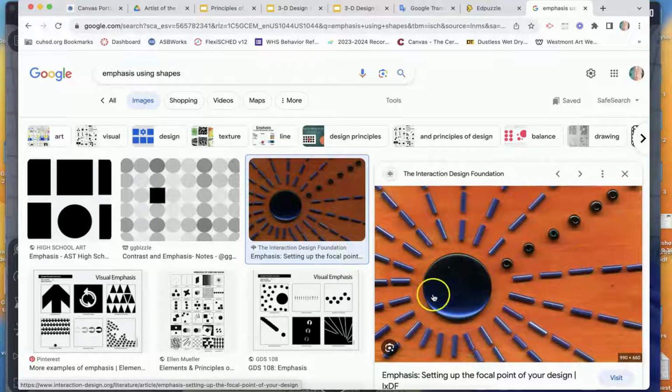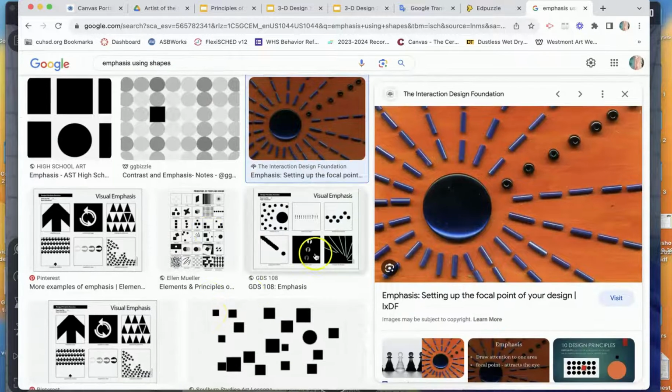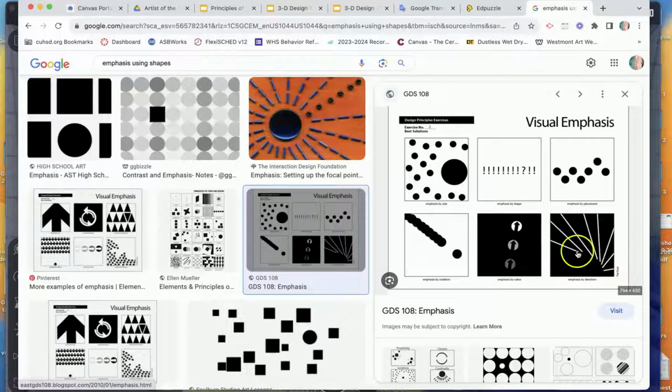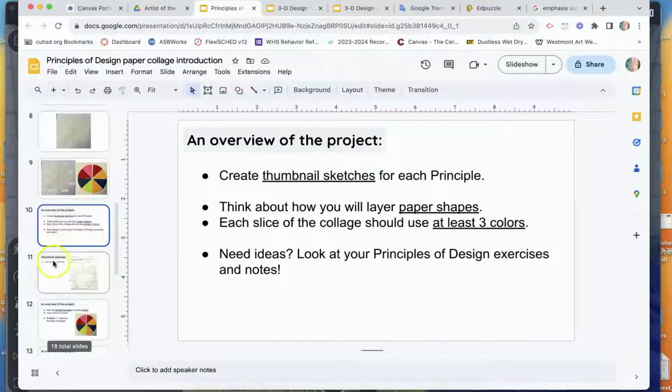Also noticing the color, right? This looks darker. Everything else around it looks a little bit lighter. Looking at more examples here, this could possibly use emphasis because of the black and white, but also visual movement because our eyes want to follow these lines that are going in a certain direction. So you can do some searching on the internet.